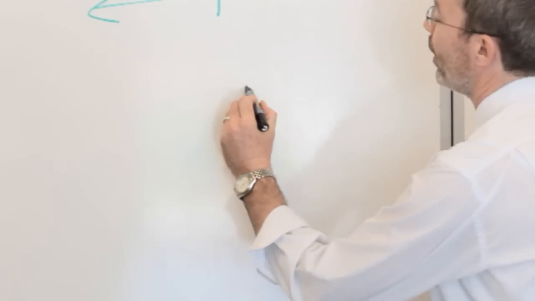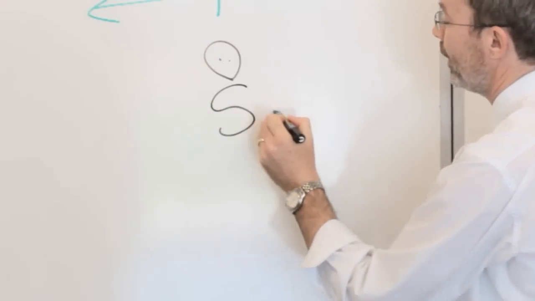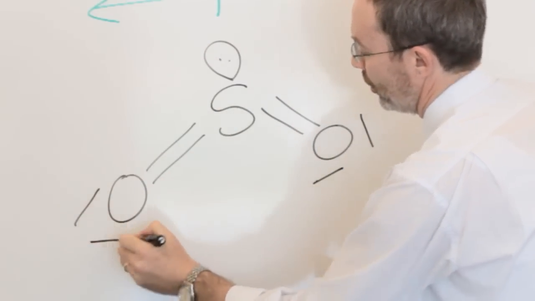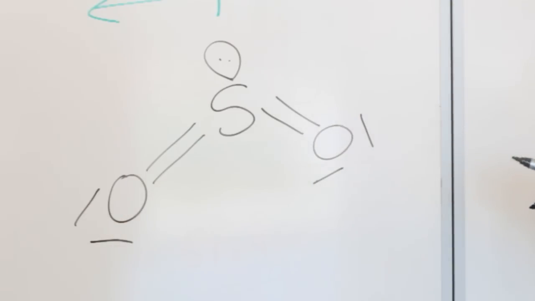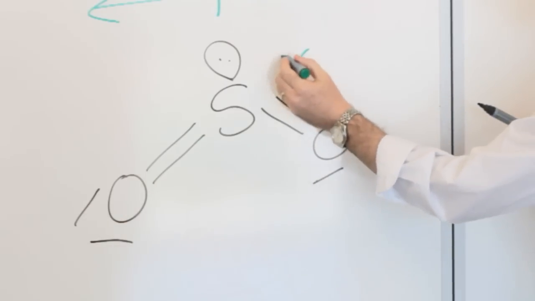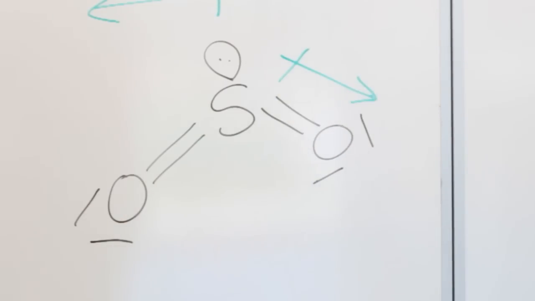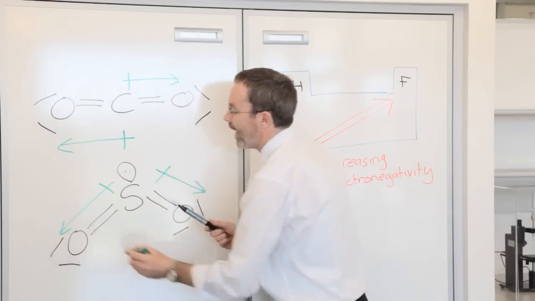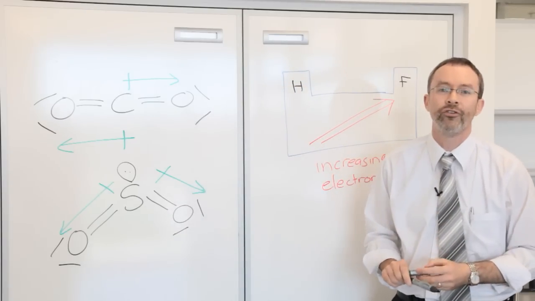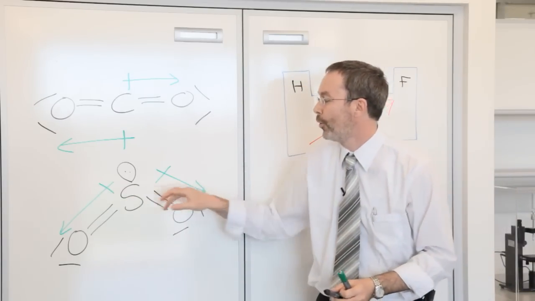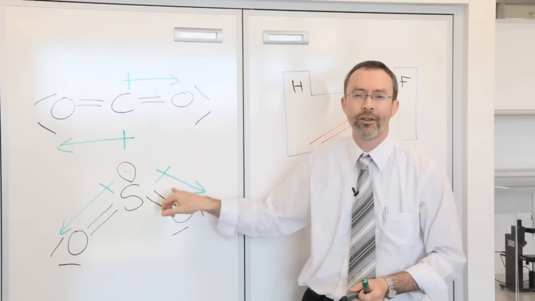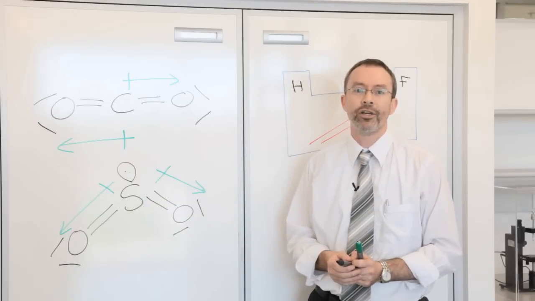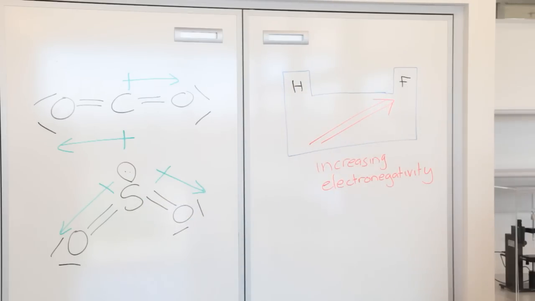If I was to draw my sulfur dioxide molecule from earlier on, we can see again that we have a bond moment for one sulfur-oxygen bond pointing as shown, and the bond moment for the other sulfur-oxygen bond as shown. These two bond moments do not cancel each other out in a vector sense. They are both pointing in the same direction. So, overall,